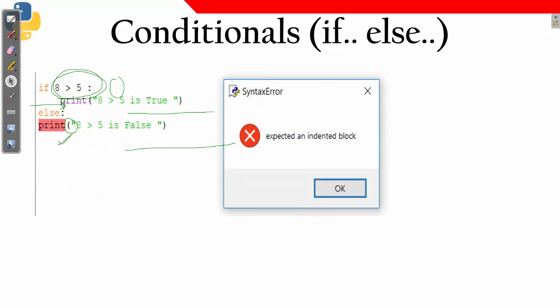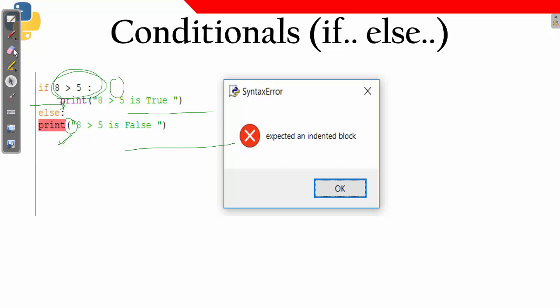If I say it is not properly indented, if proper space is not given, if I start directly from here, it will raise an error: expected an indented block.